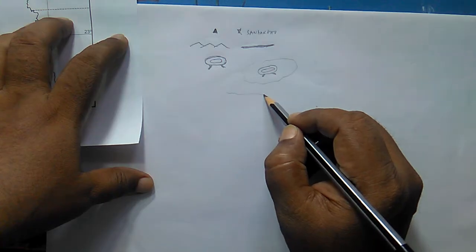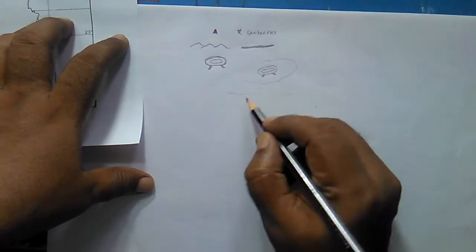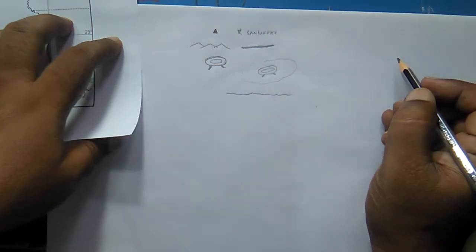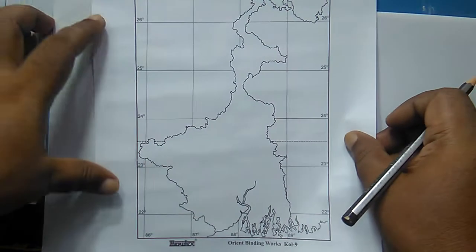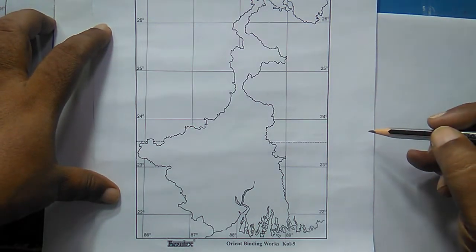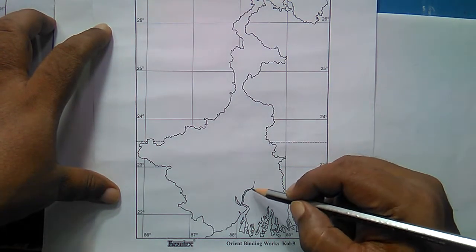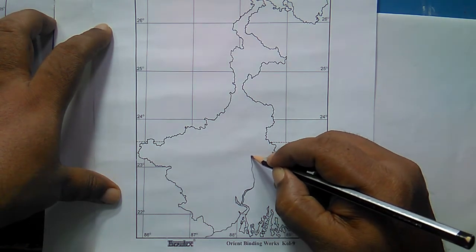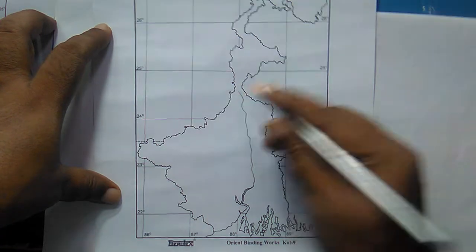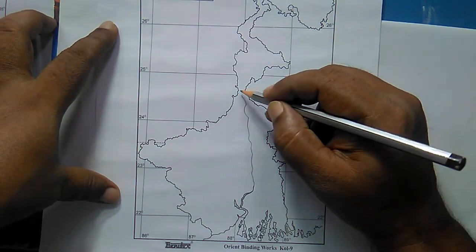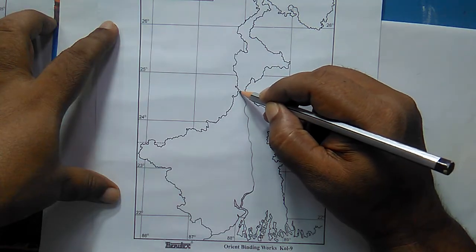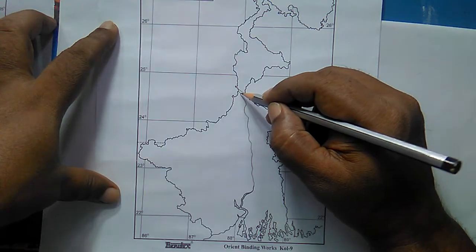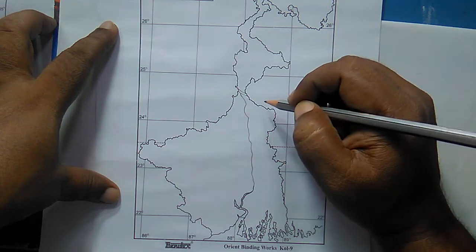Rivers normally are shown just by a little bit of shaky line. Now in case of West Bengal, the most common one that is asked is of course the river Bhagirathi Hooghly. Half portion is normally drawn. You just have to extend this line, that is river Bhagirathi Hooghly. In this case you just have to draw this one simply because this is actually river Ganga. As it is a distributary of the Ganga, we have to show this river Ganga.